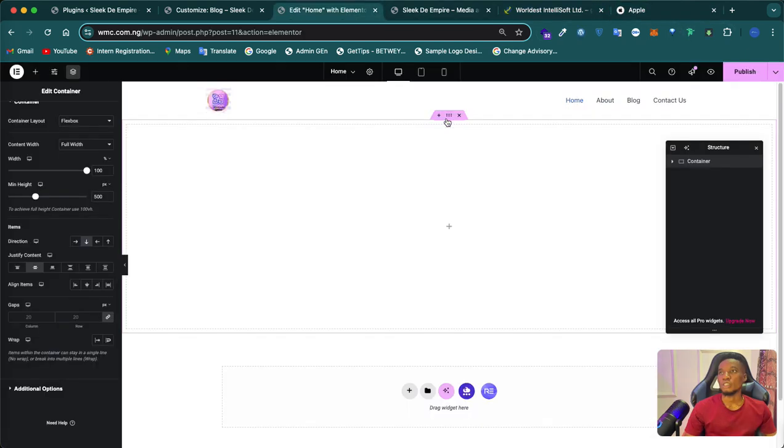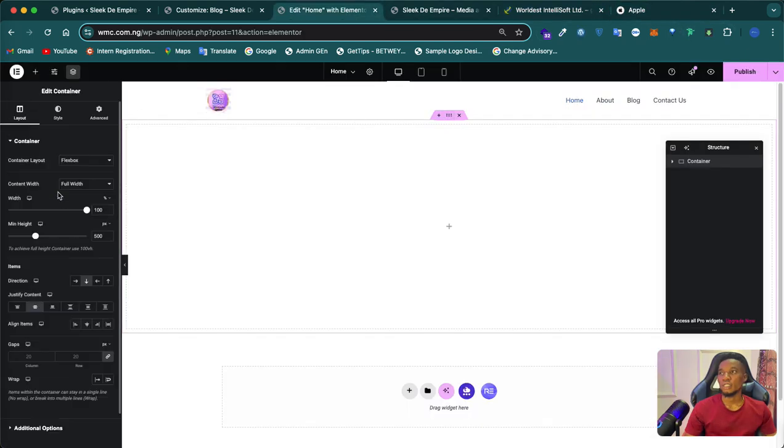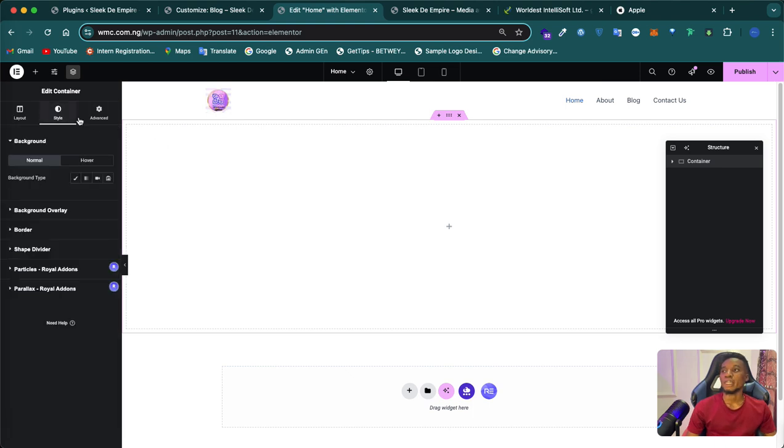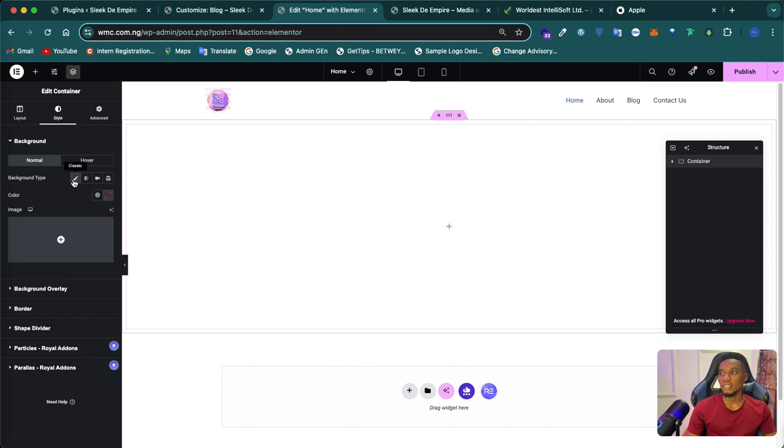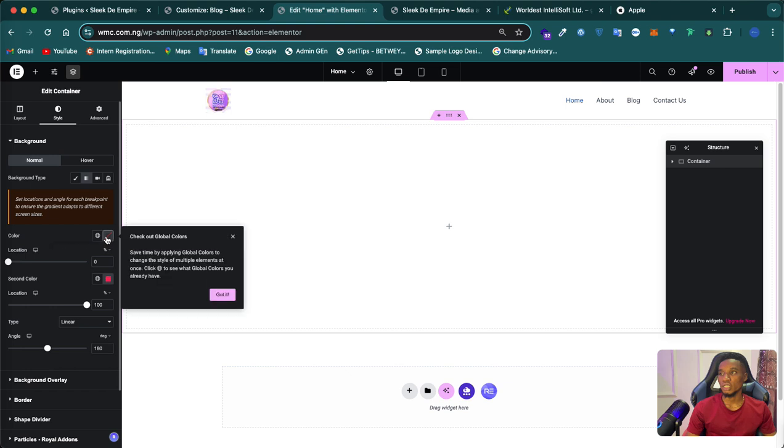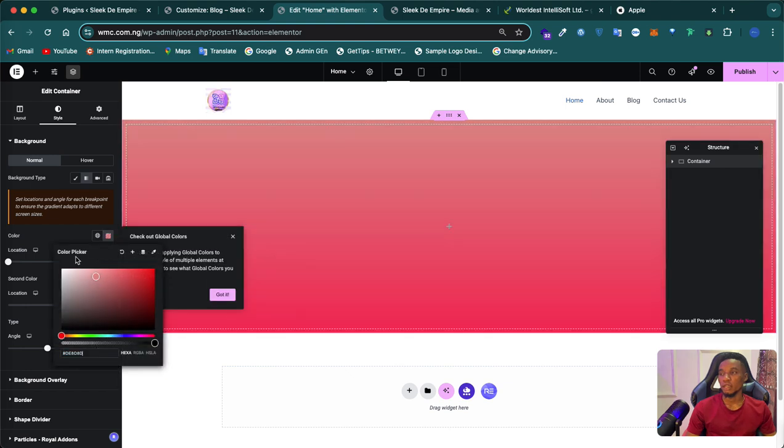So let's go to here, we click on this, and then we go to where we want to add image, which is the styling. Because we are adding image, so it's probably going to be styling. So we'll go to style, you see background, normal, then background type. You want to select your background type from the list of background here. The first one is classic, which allows you to select an image for your background. The next one is gradient, which allows you to select a color